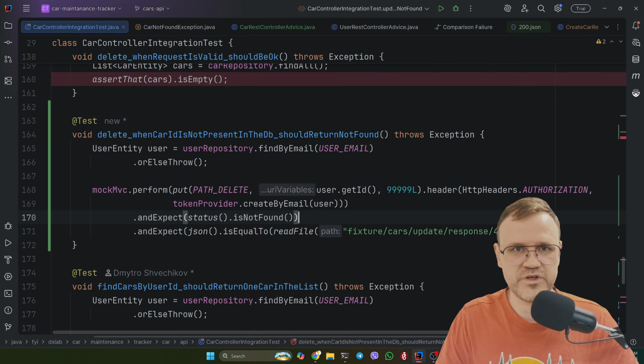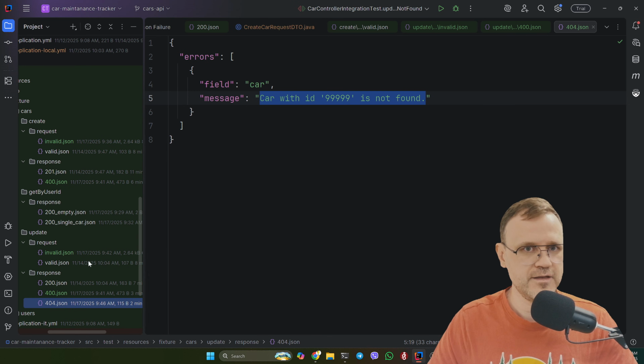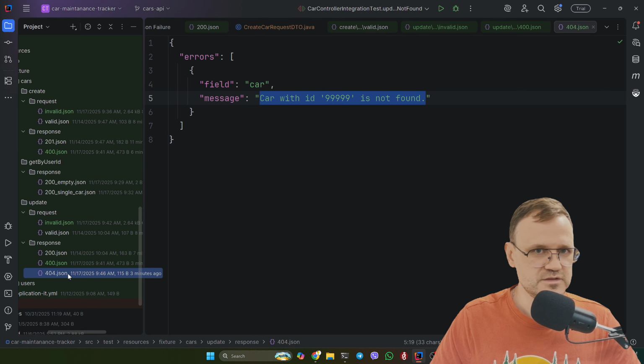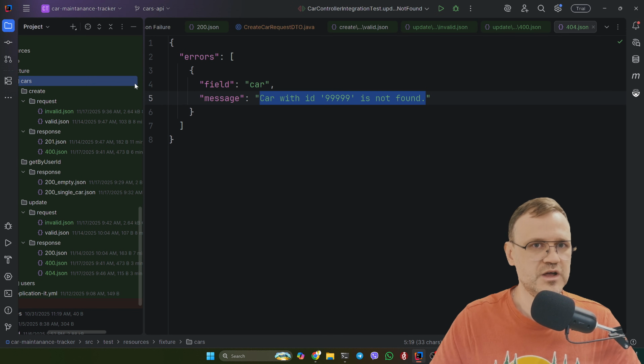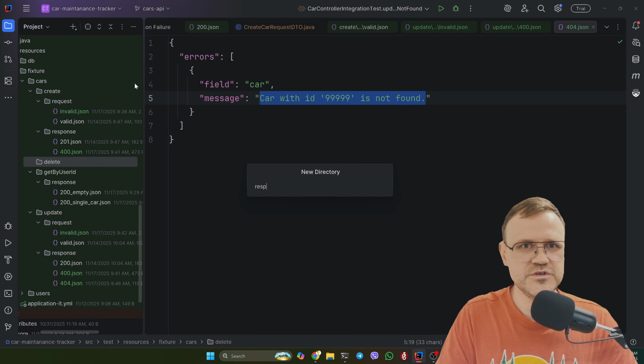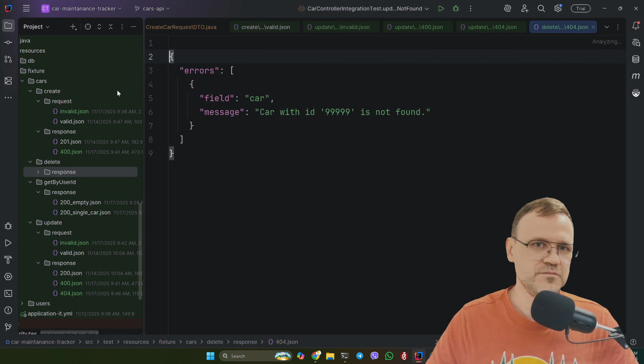There is no request body, and we need to expect not found, and we need to copy the expected response to the delete section here as well. We don't even have it. So delete, this is the response. Yeah, maybe it makes sense to